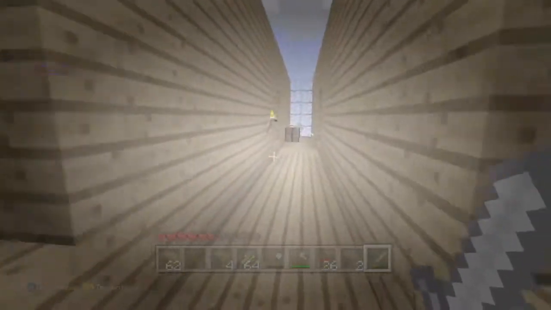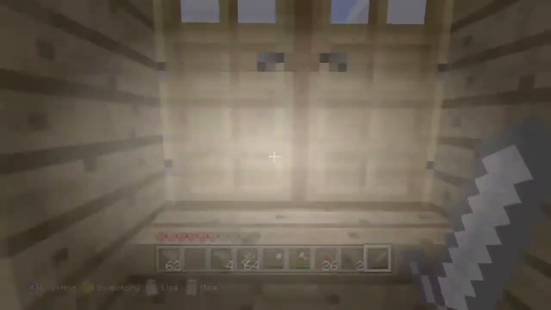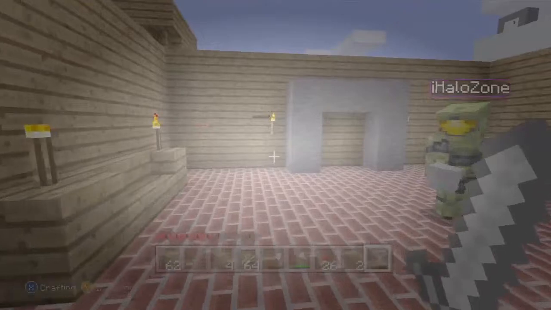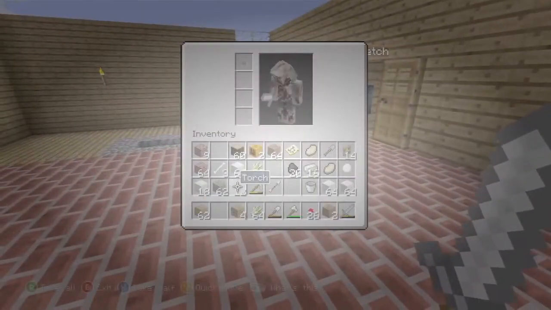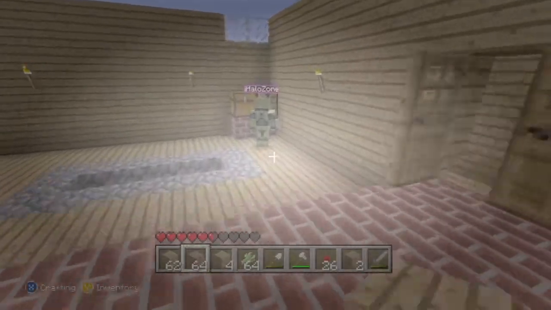Well, it looks like Halo Zone's been hard at work. Sorry, I realize I keep calling it my room. I'm sorry, Halo Zone, I mean our room. Oh, look, he's literally just copying him by building a fireplace. Oh, he's built a little bench down here as well. Okay, that's cool. Right, I think he's probably run out of bricks,